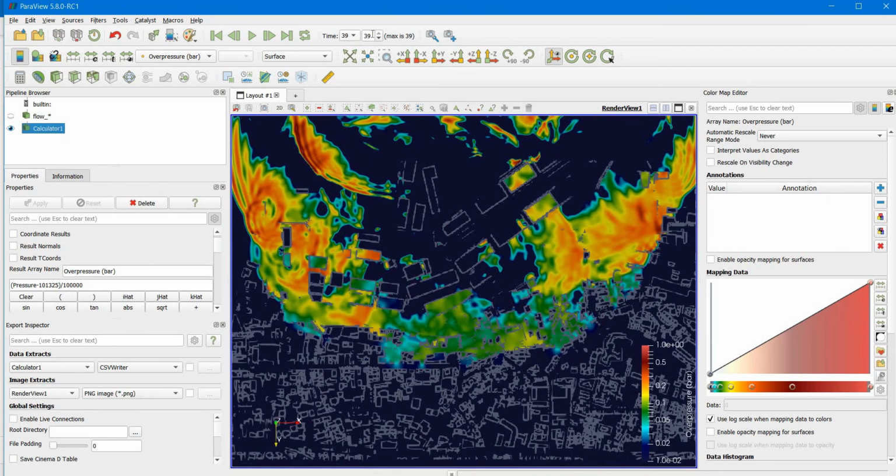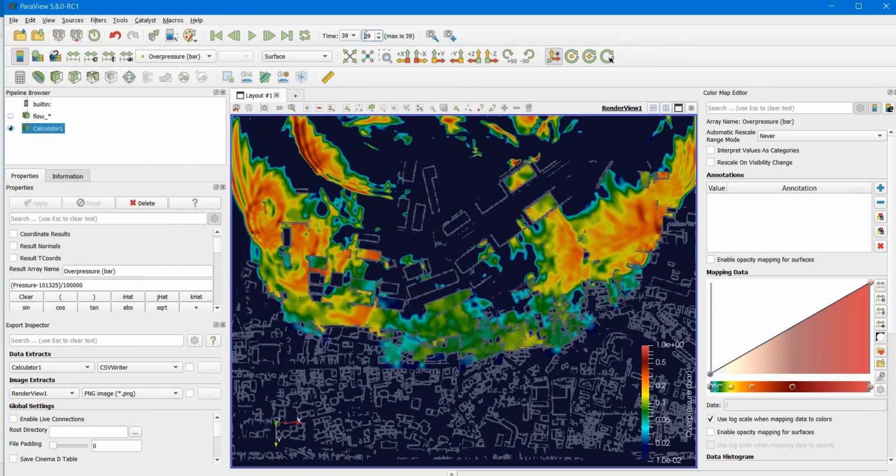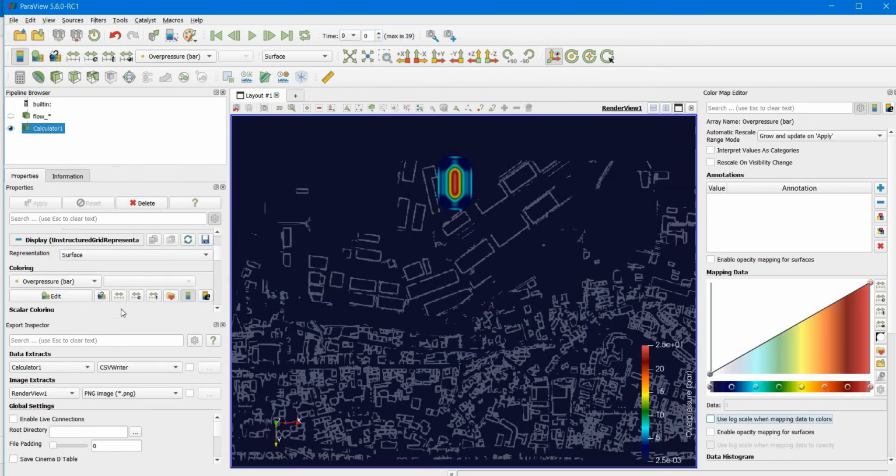Of course, you could skip through the time steps, create a video. In fact, we'll create a video in a minute. I'll just show you some of the time steps. Here's at 0. So this is the first time step, if you like. So you can see it's going up to 25 bar, the maximum pressure. And we could go to 5th time step, and obviously you start to see an attenuation in the